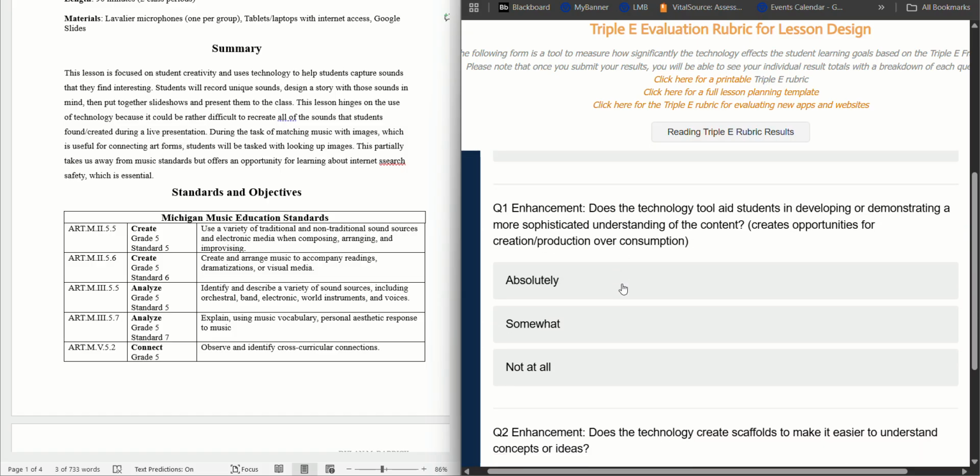Question one enhancement, does a technology tool aid students in developing or demonstrating a more sophisticated understanding of the content? So I would say that the tools, the microphones, and the presentation, the Google Slides, and the photos that they are going to collect, altogether, they do aid students in developing more sophisticated understanding of the content